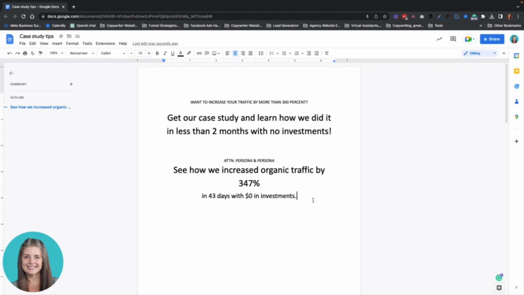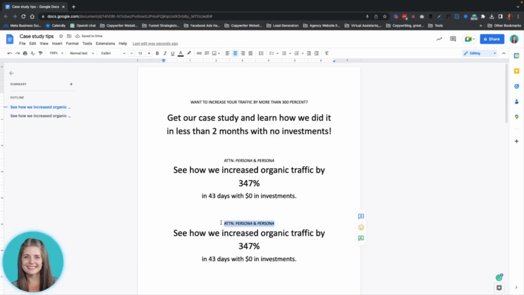Another thing you could do here is use the pre-header as more of a call out, but instead of saying a specific persona, maybe that doesn't work for you or doesn't make sense for the context that you're doing the case study for, you can also use an outcome like they did here, or use a motivating problem. Now keep in mind, this will heavily depend on your VOC and what those motivating problems or desired outcomes are